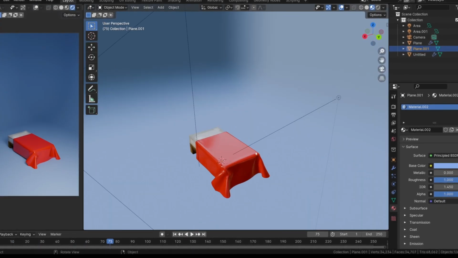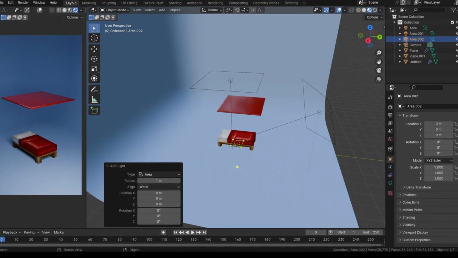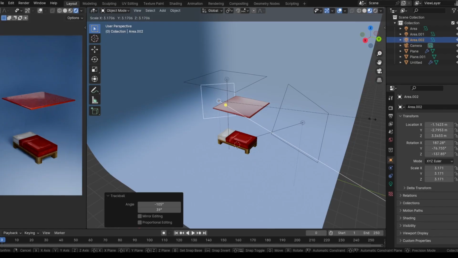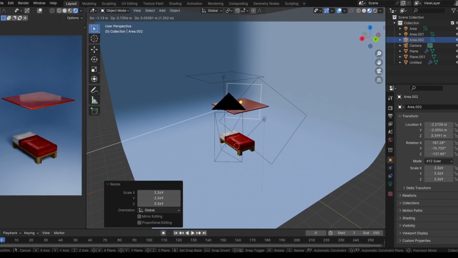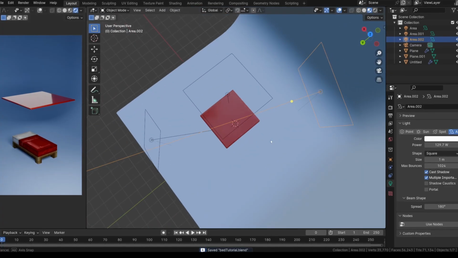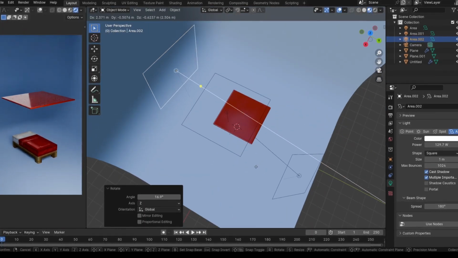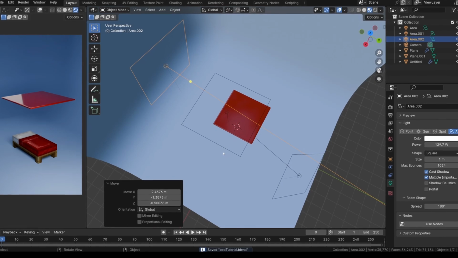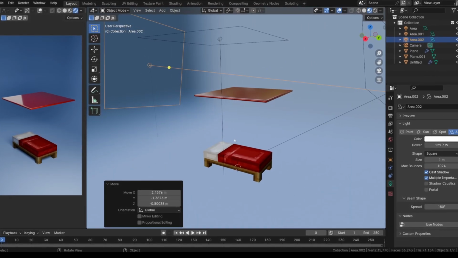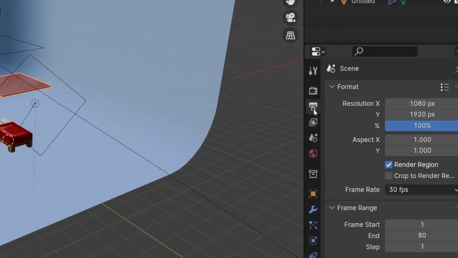Now I also like to add a third and final light source, which I place behind the object that we're focusing on. So again, increase the power, rotate it. This is just gonna create this cool effect of it shining on the sheet. Yeah, I think it's pretty cool. Now I'm just going over the animation, just checking all the things. And when you're happy and you're ready for the final result, you're just gonna go to this thing again, scroll